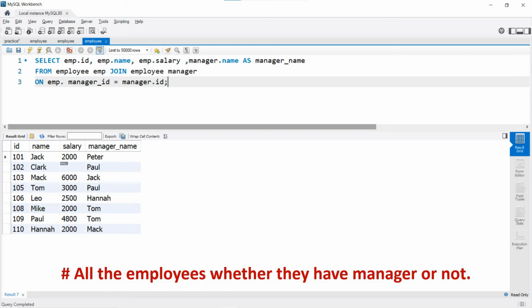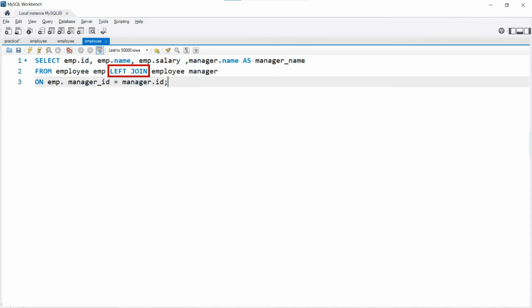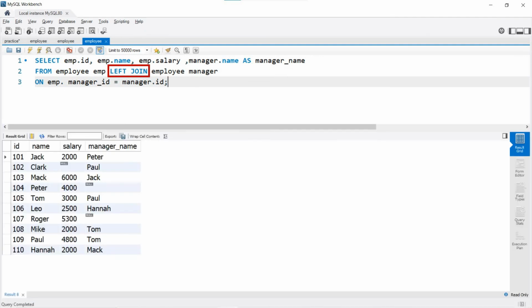So guys, basically we want all the rows of the EMP table and only the matching rows from the manager table. If you have watched our previous videos, then by now you would have figured out what is the problem with this query. So yes, you are right. Here we have to use left join, not inner join, because we want all the rows from the left table, which is the EMP table. So let's change our join to left join and again execute this query. You can see this time we are getting the correct output, as we also have those employees who don't have any manager.